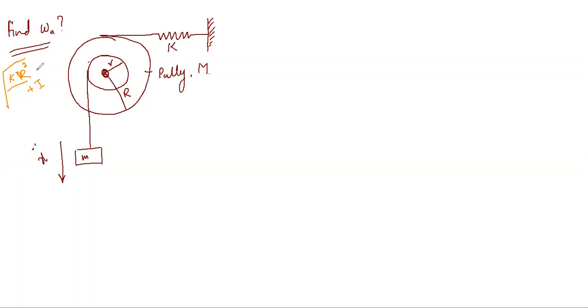Here we can say that this is m r square, and this is I of the pulley, right? About its center. Now we are going to solve this question, though I am not sure about this answer. So let's solve this question and find out whether this answer is right or wrong. Firstly, I'm going to solve with the help of the equilibrium method.